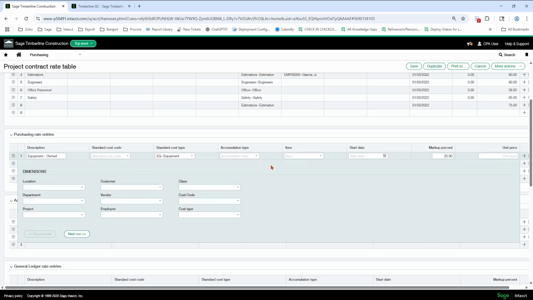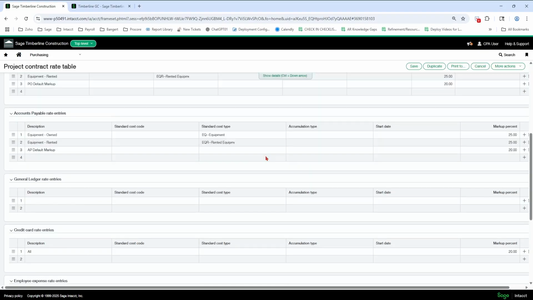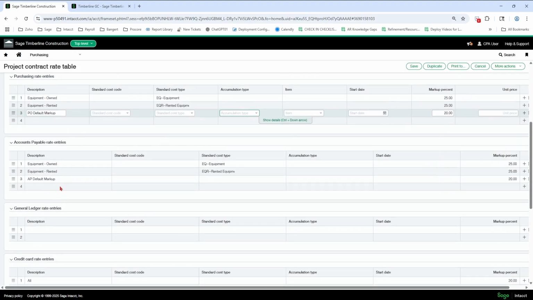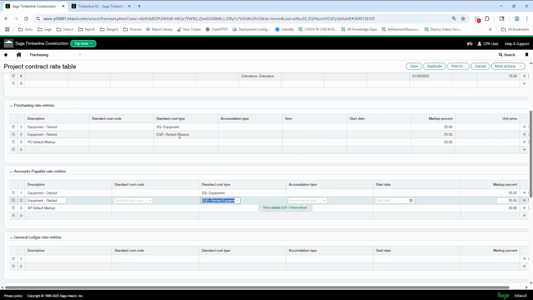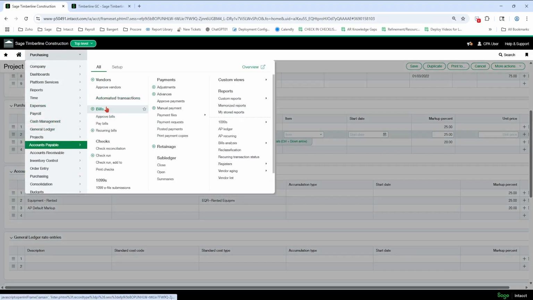But remember, I've got all these other fields I can use. I can do a specific vendor if I want, that gets marked up a certain way. Then down here, same thing. A best practice is to mirror what you do in purchasing in AP, because you might enter in that equipment rental bill, let's say, right into AP bills.